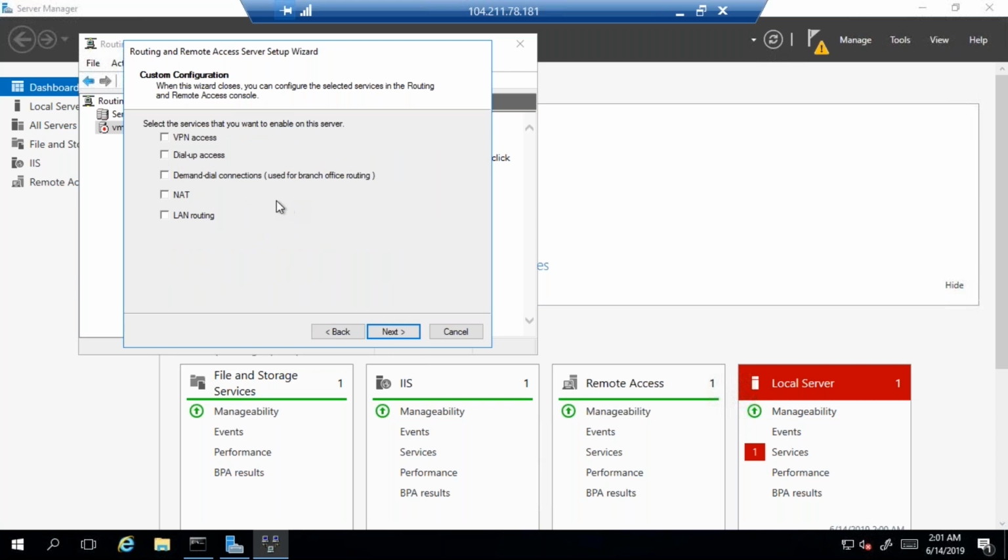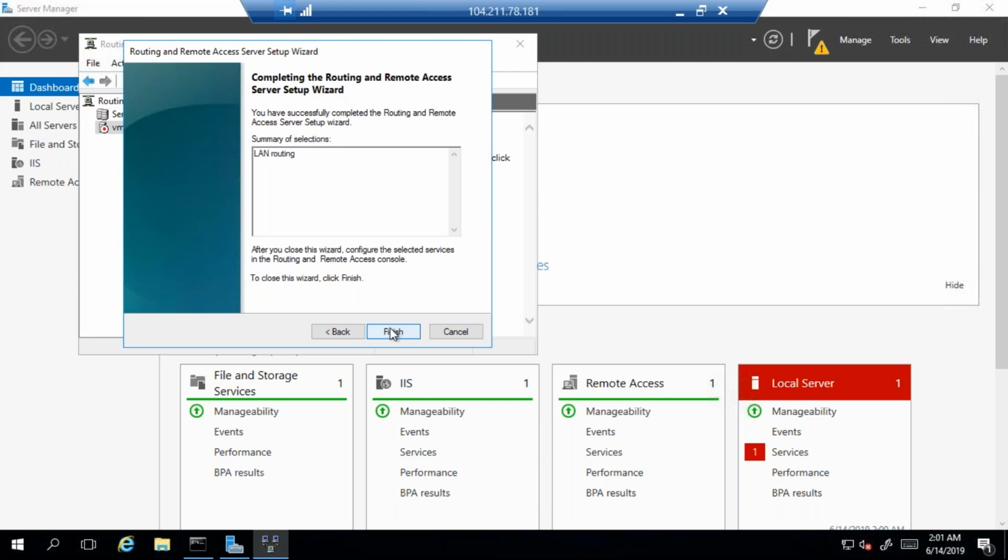Now what type of custom configuration is needed? I need LAN routing, because I am configuring a routing solution. That's the reason I am going with LAN routing, and then finish. Now this will start the service on your server. Which service will it start? The routing and remote access service, which means that this machine will now act as a router.